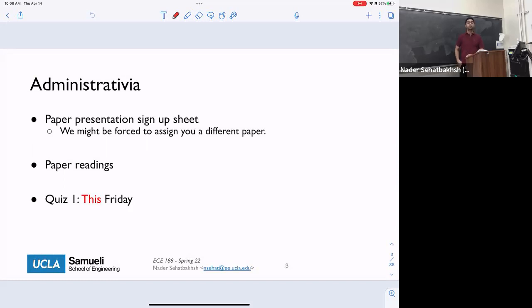Cool. Question? Yeah. Is there a rubric posted that we can use to follow when we're creating our slides? So I gave you the instructions of what your slide should look like. So for creating your slide, use that. I'll also try to post some basic rubric for how I'll grade it. But generally, if you follow those guidelines, you'll get the full thing. Okay. Any other questions about presentation?